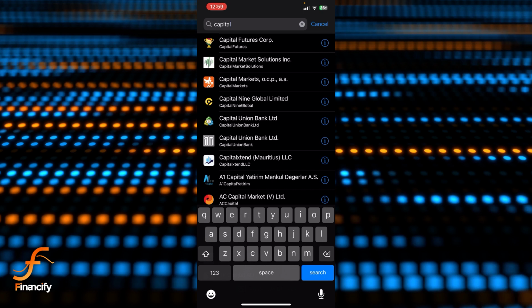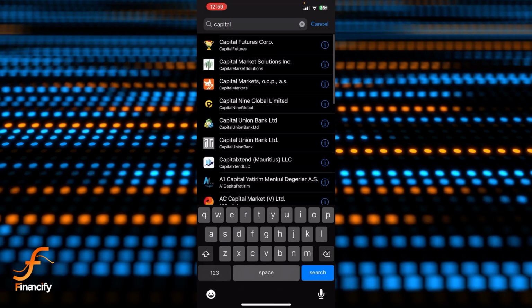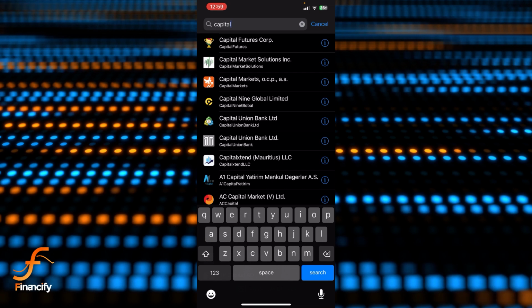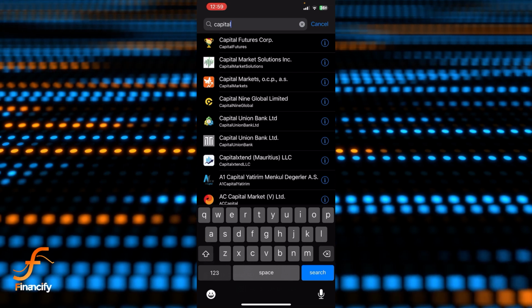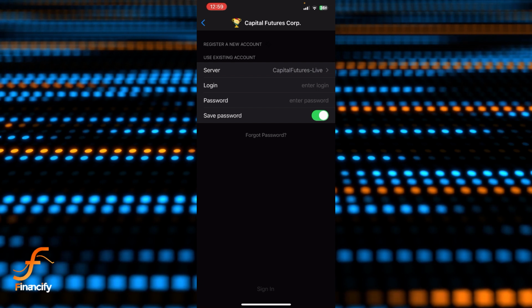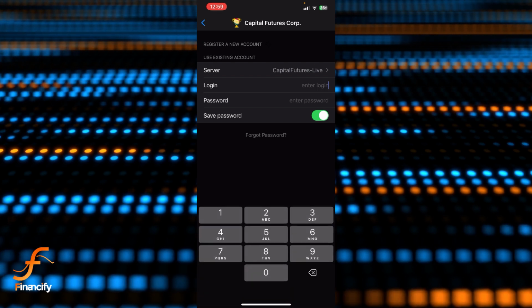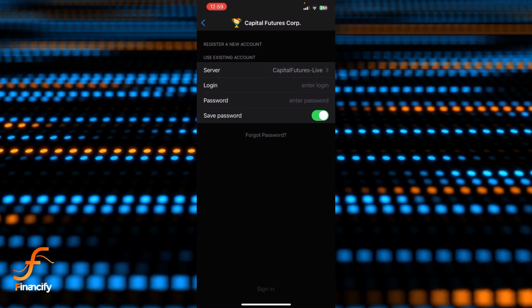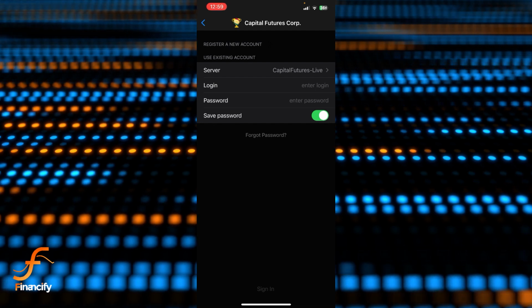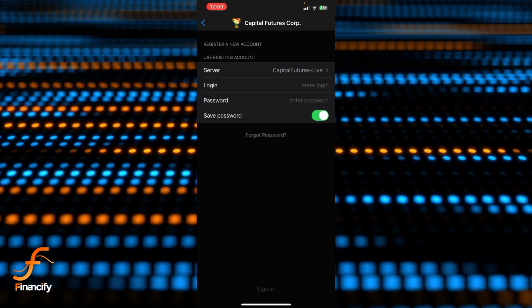Now you can see there are tons of brokers in here. So let's say I have an account on the first one. Let me tap on the very first one, which is Capital Futures Corp. Now you can see it is asking us for our login ID and our password. Once you complete your credentials, simply confirm it, and yeah, you will be able to fund your Metatrader 5